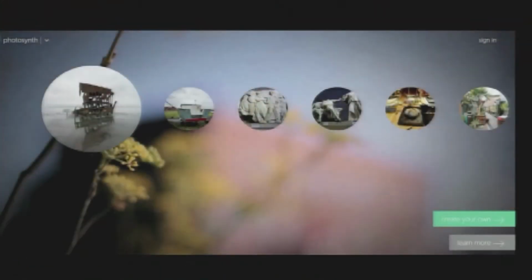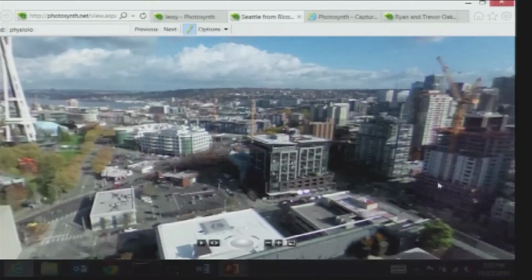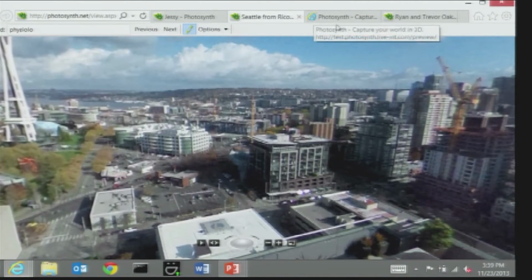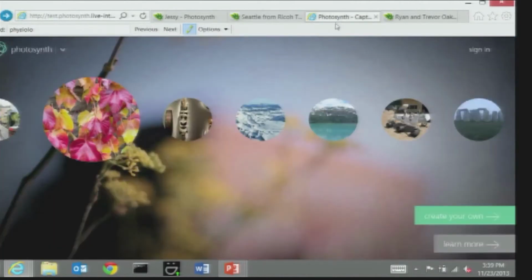So the last experiment that I'd like to show you for today is the one that we haven't launched yet. And this is happening next month in December. This is Photosynth II. That's the new website. I'll pull it up. It's much more beautiful than the Photosynth I website, of course,